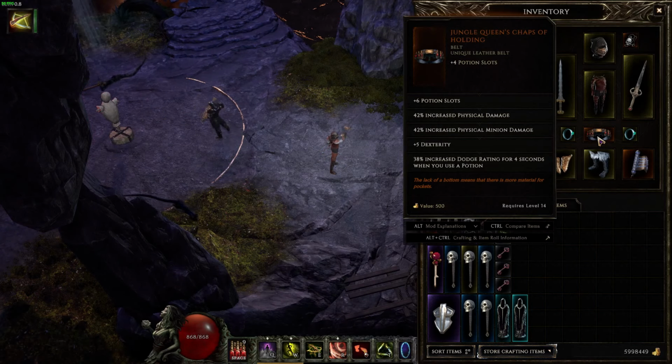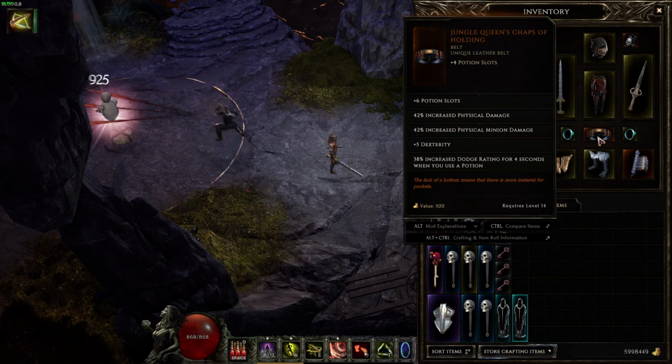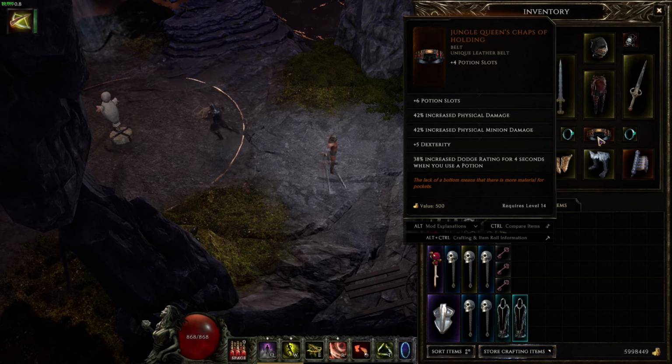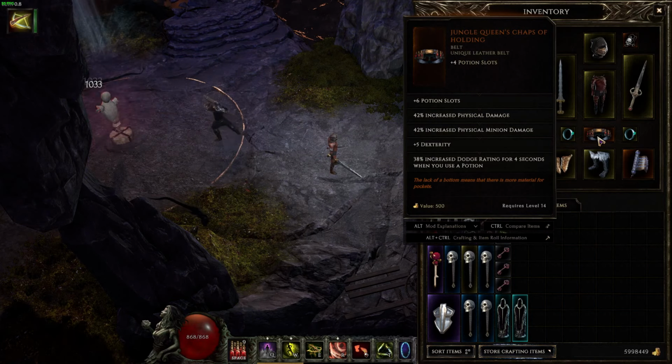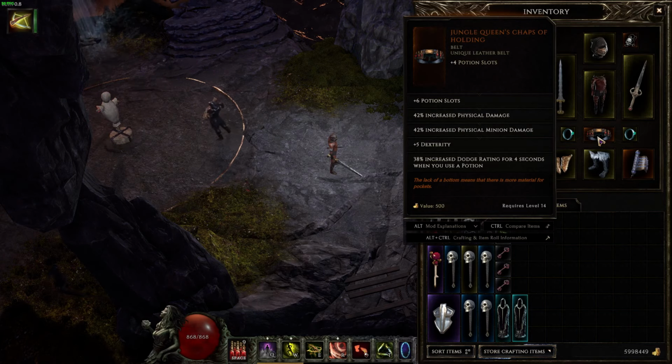Now, what's nice about this is our build is completely dependent upon dodging. That's all that we care about is dodging. We don't have resistance, we don't have armor, like you're literally just depending upon dodge, so this build is really awesome for that. And since you're also kind of running away, it's awesome that we can also hold on to a bunch of potions because you're going to be spamming those like crazy as well, especially in the higher waves